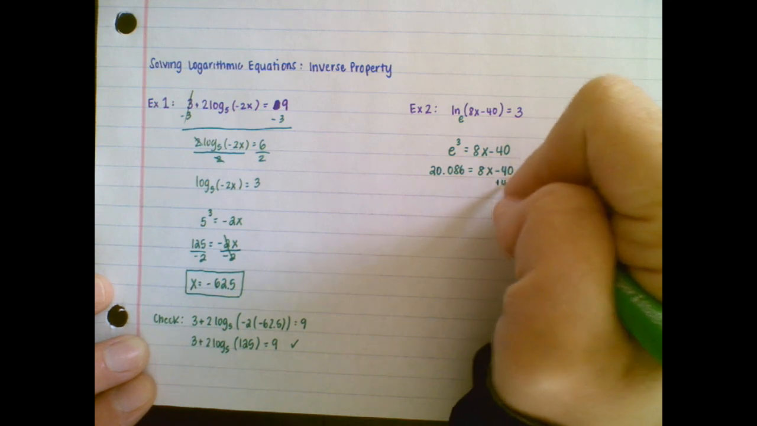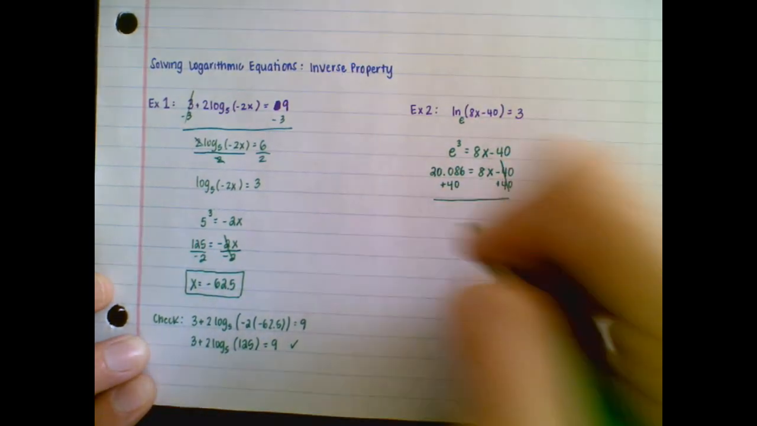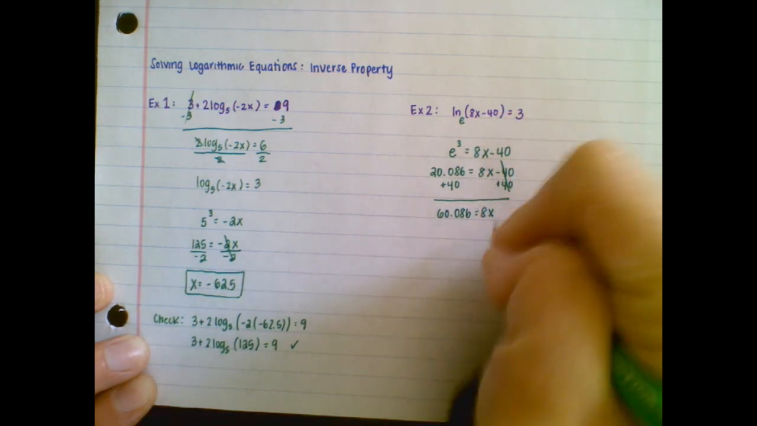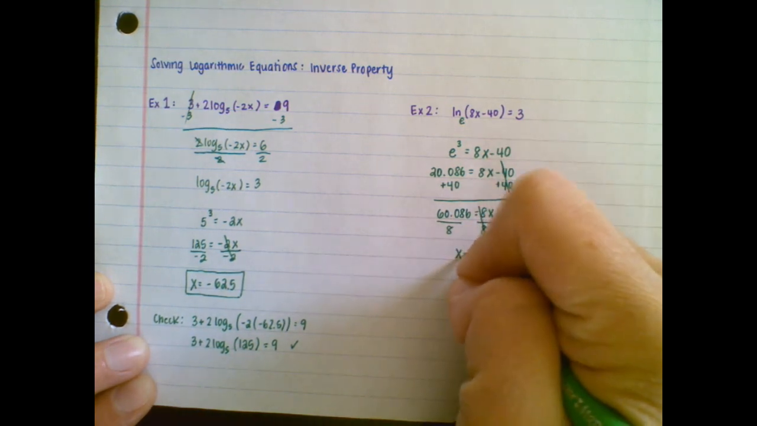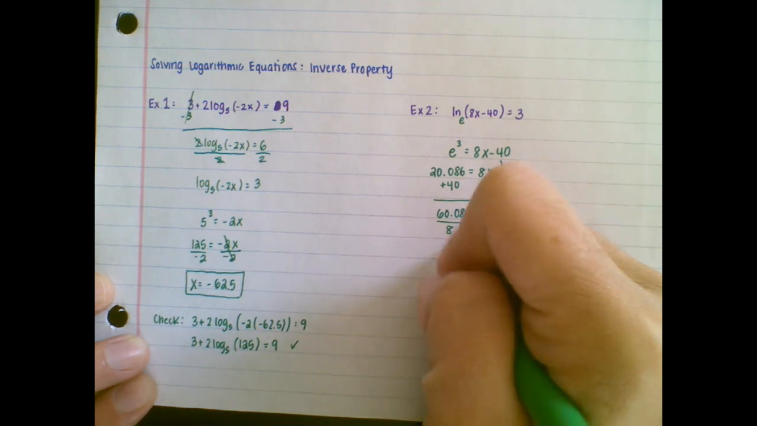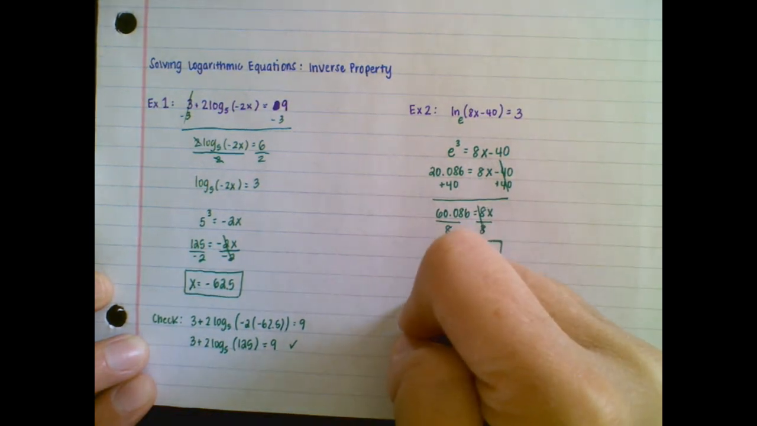So I'll get rid of that negative 40 by adding 40 to both sides. So that's going to give me 60.086 equal to 8x. And then I can go ahead and divide each side by 8 here. So our x value should be about 7.511. And I'm just going to go ahead again and check my solution to make sure it's not giving me